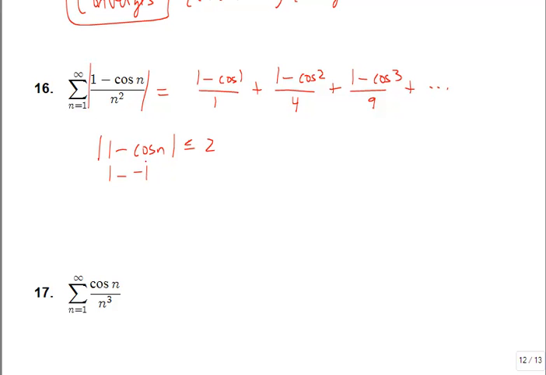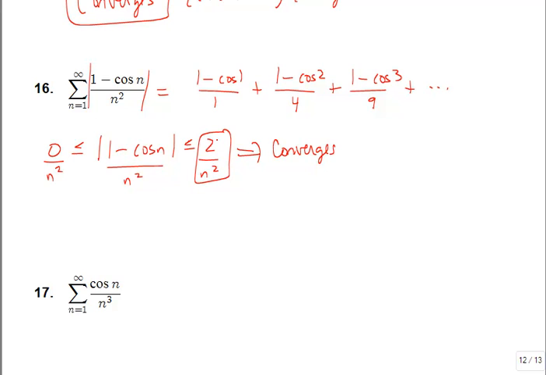If cosine n is positive 1, then we'd get 1 minus 1, which goes to 0. So that's the smallest this is going to get in absolute value. This can't ever become negative since it's in an absolute value. So our inequality relationship here is that 1 minus cosine of n in absolute value is bounded between 0 and 2. So if we take all of these pieces and we divide them by n squared, which is a positive, so it's not going to flip any of the inequalities around, we know that this converges